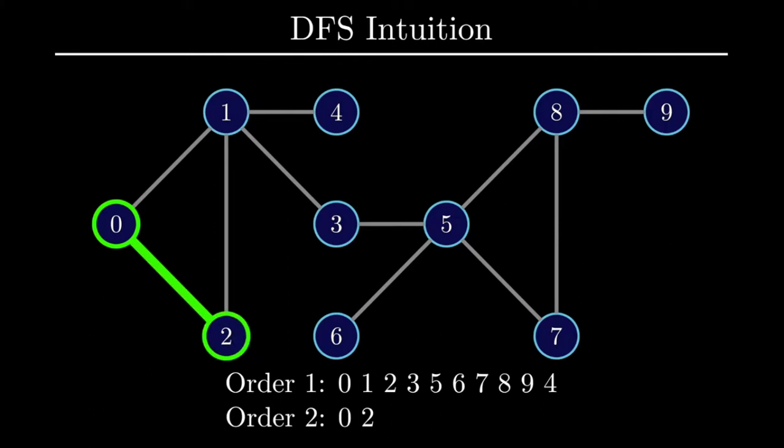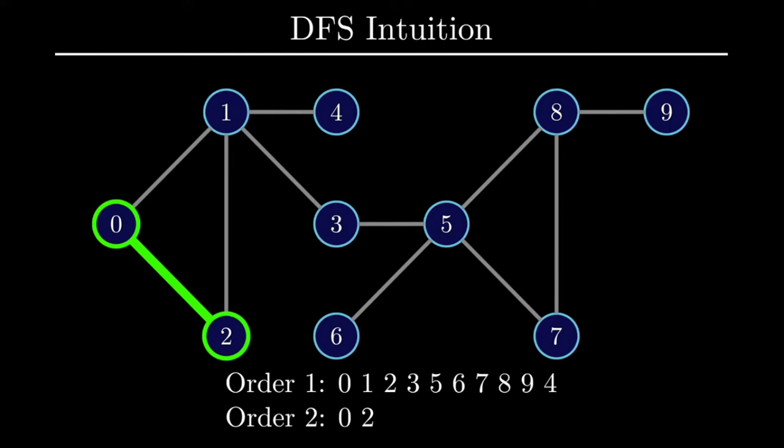Again, I want to emphasize that both of these choices are valid, and if you were ever asked for the DFS order on a test or an exam, the instructions must be clear on how to make these choices. A common way to do this is to enforce the constraint that you must always pick the node with the smaller value when you have a choice. In that case, we would have picked vertex 1.